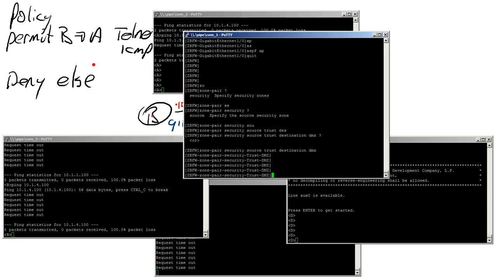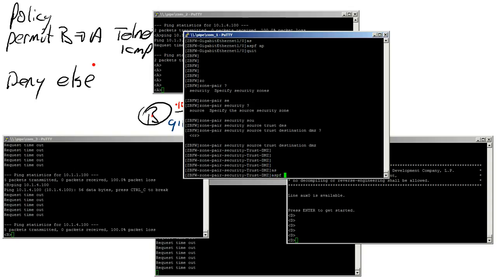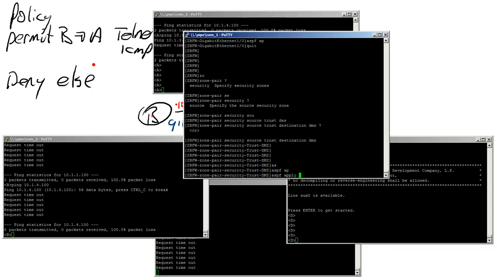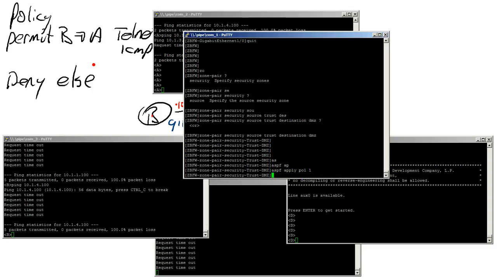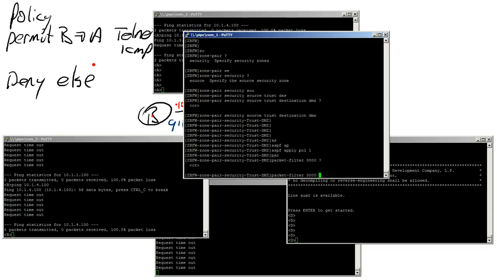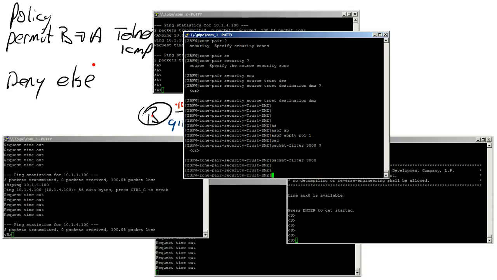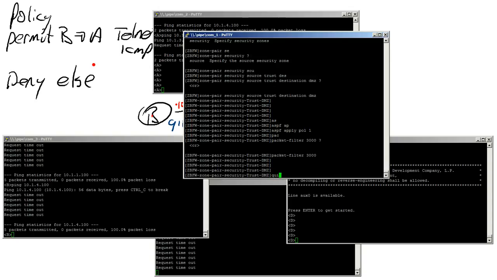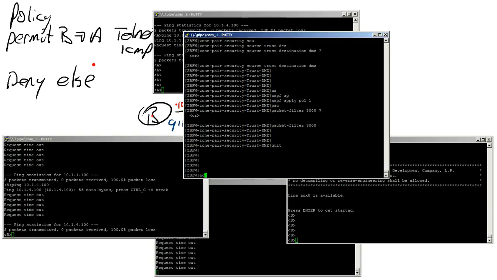So I've now done that, and I'm going to say ASPF apply policy 1. At the same time, I'm going to also apply a packet filter. If you've seen video 2, at this point I would have said apply packet filter 3000 inbound, but in this case I don't specify it because it's actually applying to a zone pair. So it's going to use access controllers 3000. Right now I don't have an access controllers 3000, so let's create access control